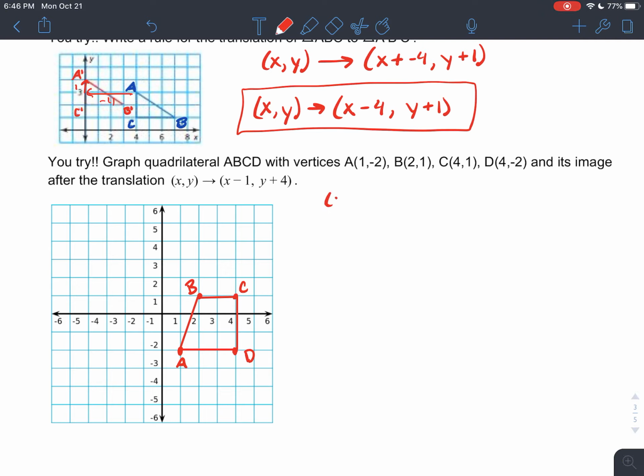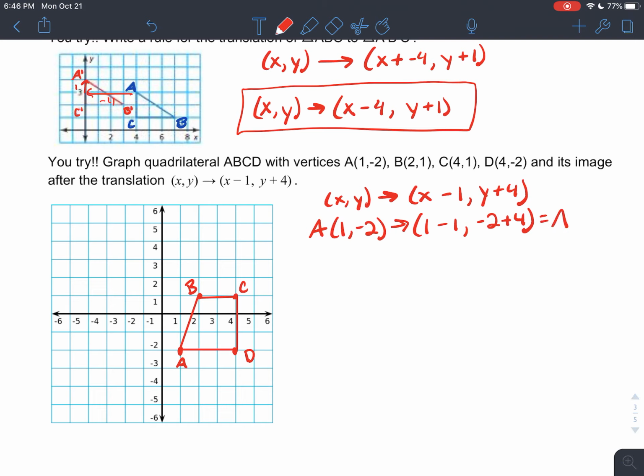So if (x, y) maps to x minus 1 and y plus 4, well, point A is at 1, -2. So x is 1, y is -2. So I can plug this in. 1 minus 1, -2 plus 4. And that's going to give me A prime